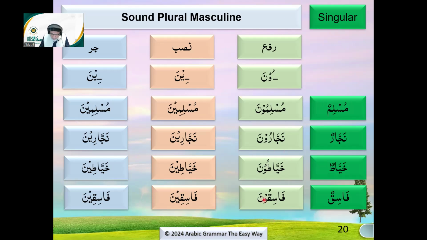Now again, if you don't pay attention to the number of the noun, and you only remember that fatha is supposed to be the nasab, then all of these, in your opinion, will be nasab, which is wrong because these are not nasab. In order to identify the noun of a sound plural masculine, you have to look for the una and the ina sound, inshallah.